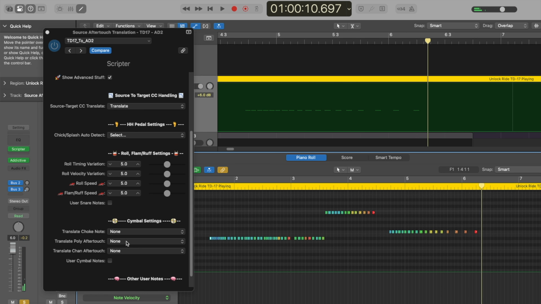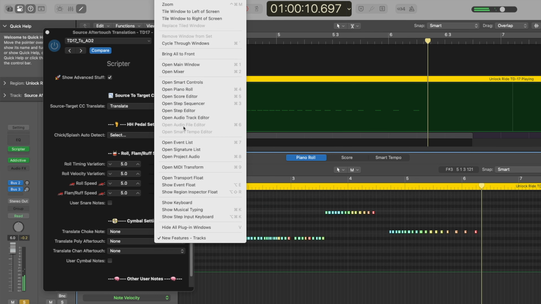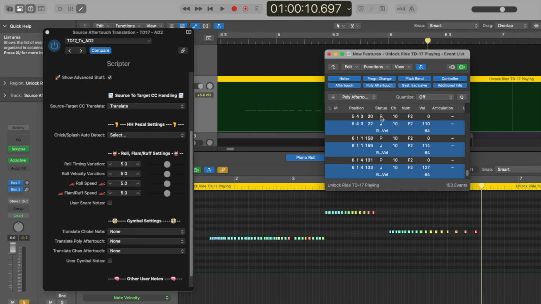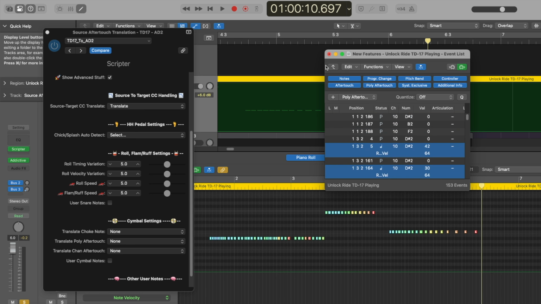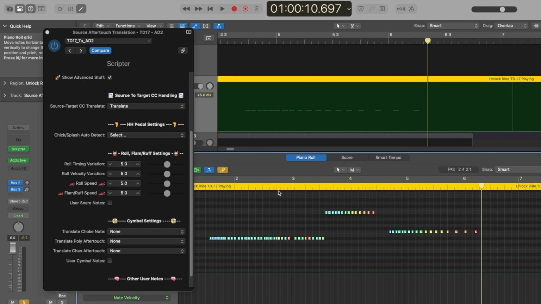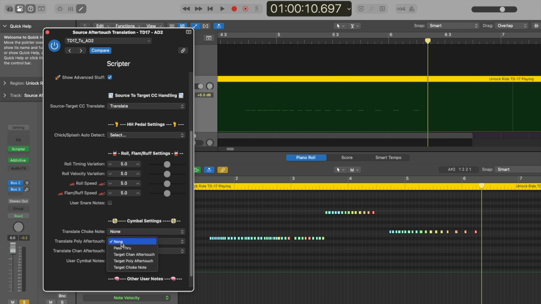So what we do here is under Translate Poly Aftertouch, because with TD17, that's what we have. So if we look at what's going on in the event list, there's a whole bunch of these P entries. That's the actual poly aftertouch data that exists here, and that's what we need to translate. So first we chose none, we didn't hear any choking. If we use pass-through,